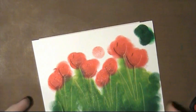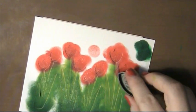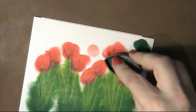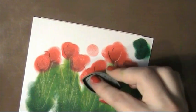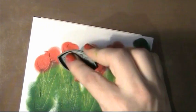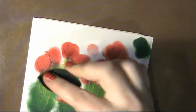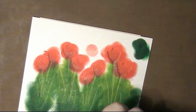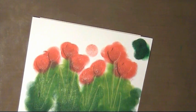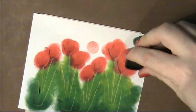Okay, and I'm just going to use the end of this cranberry because I don't think we really need the darker colour now, because actually it's not a lot darker, it's more pink. The magenta is more pinky, so I'm not sure we really need that one. And then I'm just going to take the scarlet again and just go around the top edge,